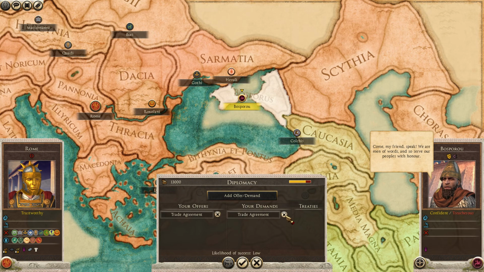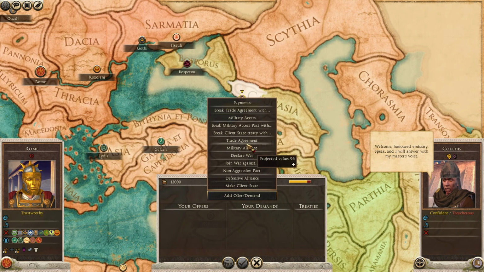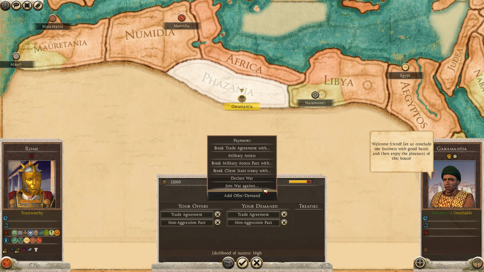Come, my friend, speak. We are men. Welcome on... Trade with Colchis. Welcome, friend. Let us conclude our business with good haste, and then enjoy the pleasures of...